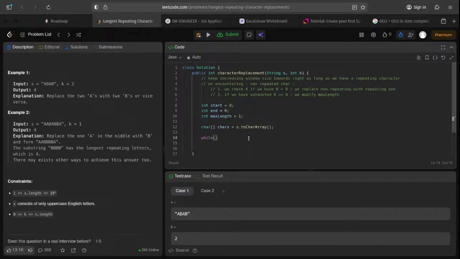while this current character, so chars of end, while characters of end is equal to characters of n minus 1, I guess. That's the previous character, right? Since we are doing a substring of repeating characters, keep going. Here you just check while end is less than s dot length. Now